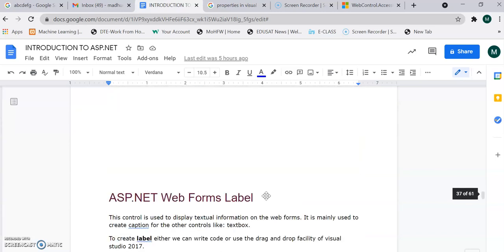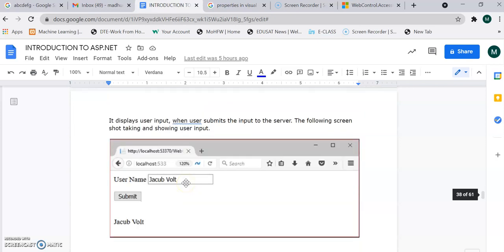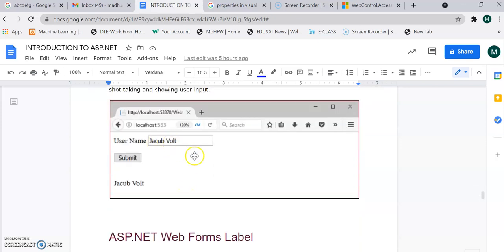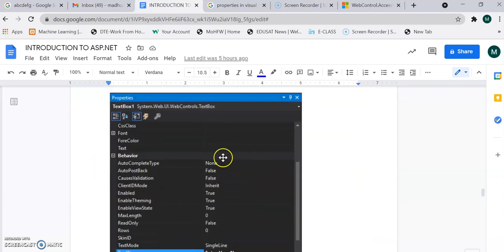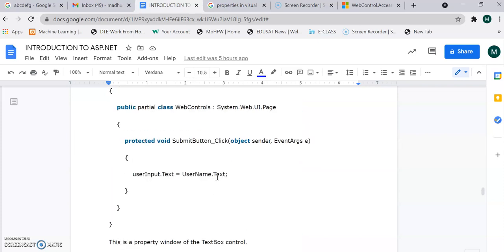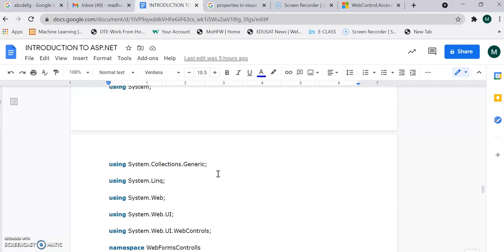First of all, I will show you the UI, how exactly it looks. This is a text box, username; this is a label that we are going to learn in the next video; and submit is the button. Here you can enter the name of the user and submit the data. And this is the property window, in which we can set different properties of every tool, every web form server control.